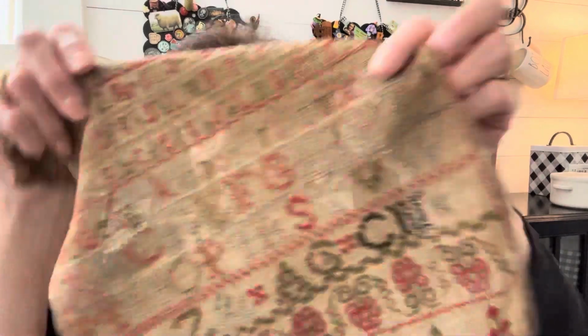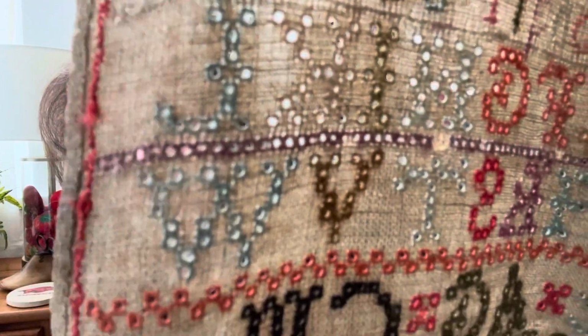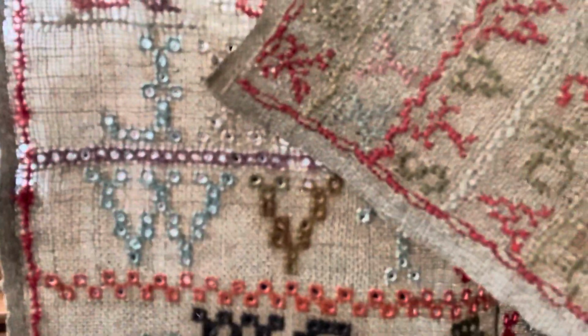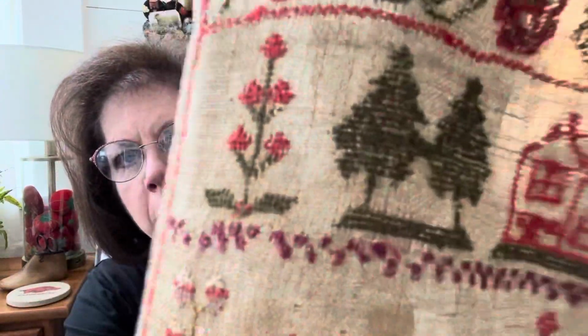Now, another color that I want to show you that's quite different from the front to the back. If you'll look at this W, it looks kind of like a pale blue. Now, if I flip it over on the back, I feel like Vanna White. You guys bear with me. It's a much brighter blue, and so that's the color that I went with when I was choosing my threads. But as you can see, the greens and the reds are still pretty much the same as they were when it was stitched. And then the little border beneath the house, do you see how much more vibrant that is